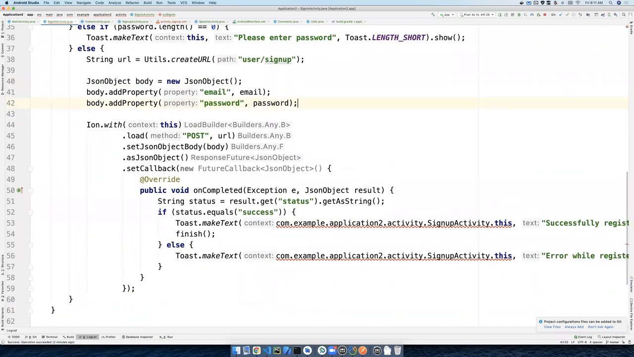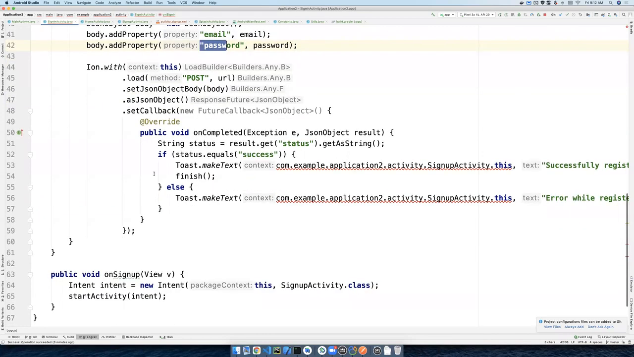We just need to pass email and password. And this is going to be the sign in URL. That's it. So we are having the post method here for sign in. We are passing that body, which contains email and password. Okay. Now,